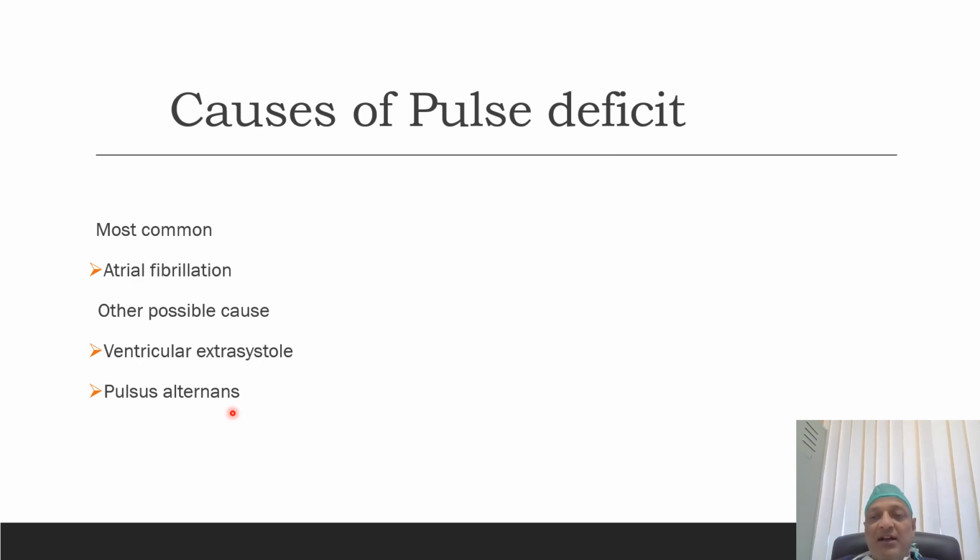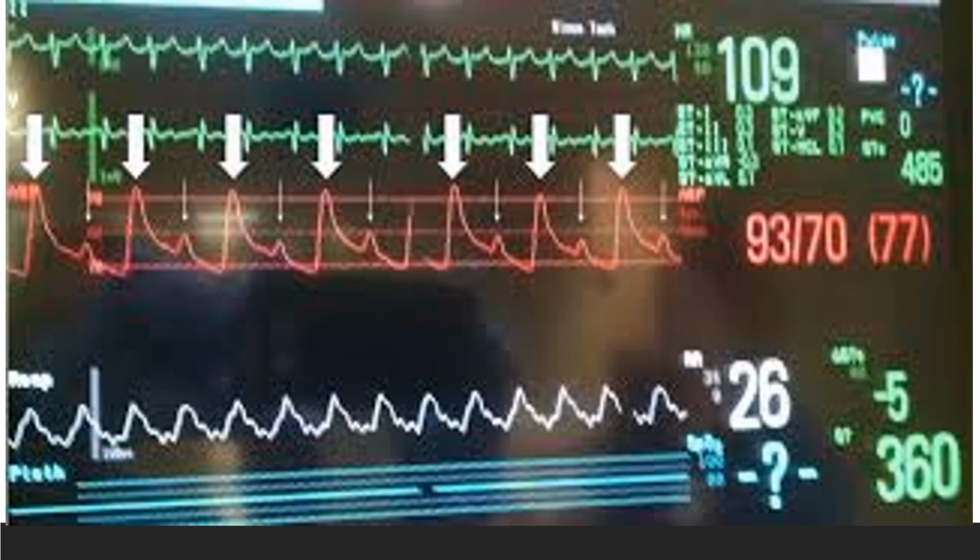So now we understand what is pulsus alternans. Here look at the cardiac monitor of another patient with pulsus alternans. So what is pulsus alternans? Pulsus alternans is a physical finding with arterial pulse waveform showing alternating strong and weak beats. But if the patient is in a critical care unit with an arterial line in place, you can identify it by looking at the arterial pressure tracing.